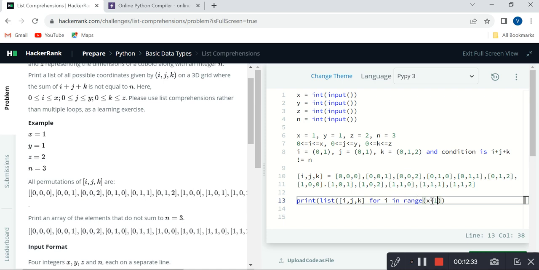So I already explained the loops concepts. If anyone doesn't understand the loops concept in any program, it's better to go through the loops video once, then only you can understand the programs which use the loops concept. So after writing this code I will explain why I am using it like this. For j in range of y plus 1, for k in range of z plus 1,